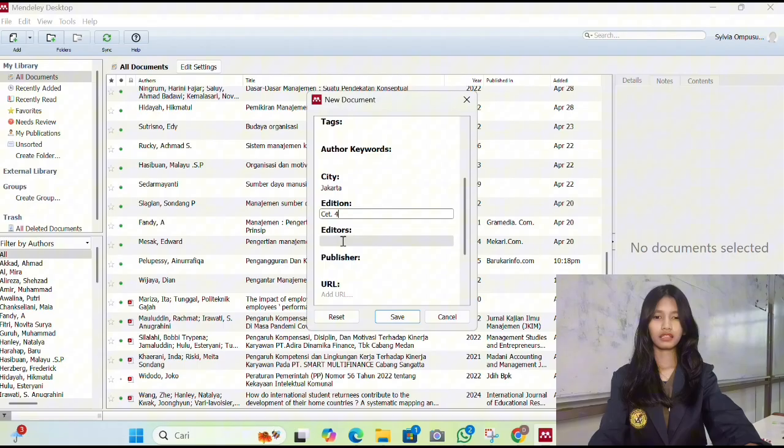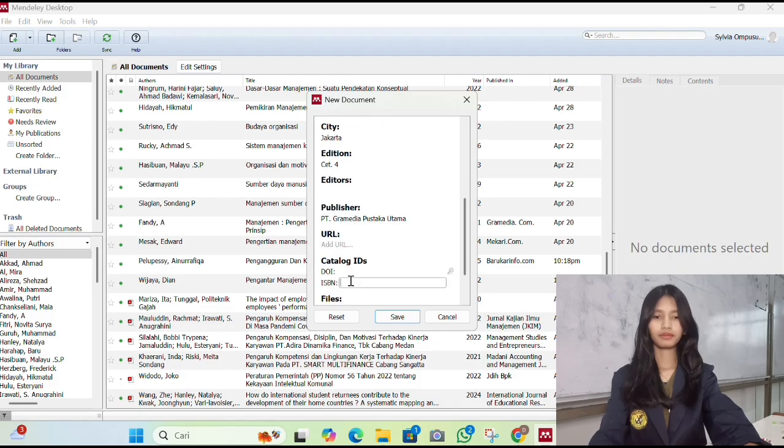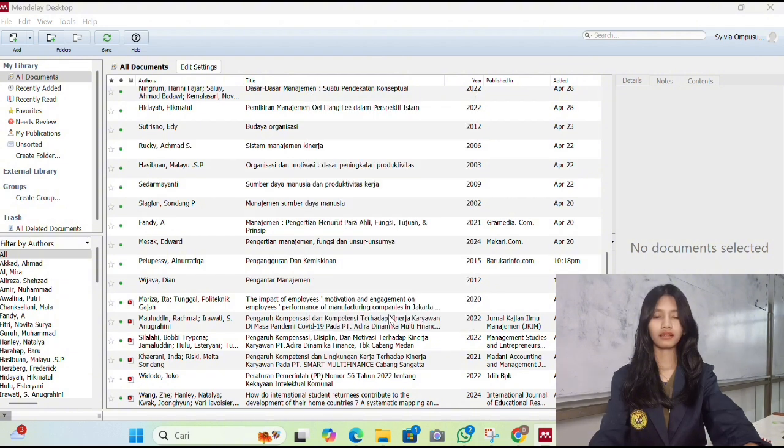There is no editor of this book, so I will ignore that column. Then the publisher, it is who published the book. And then we can go to ISBN. The last step is saving the site.